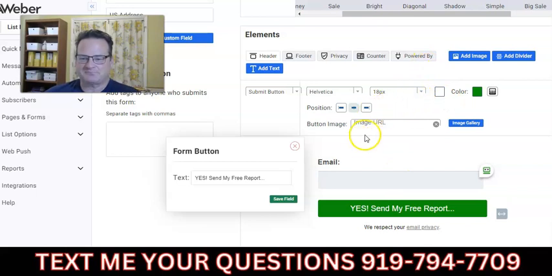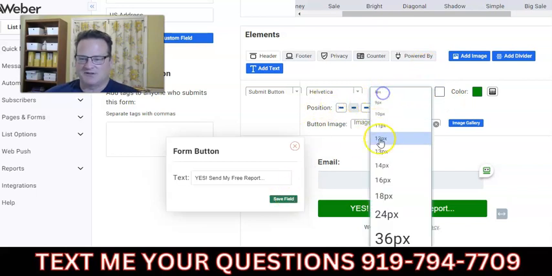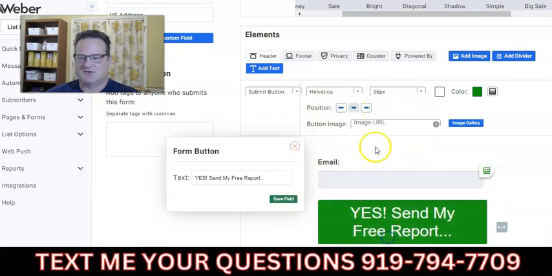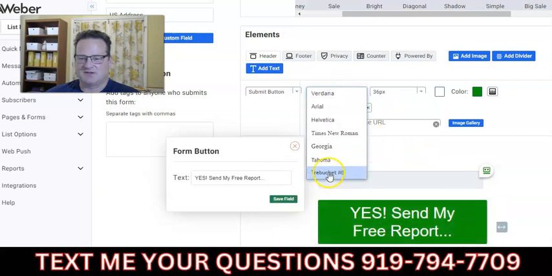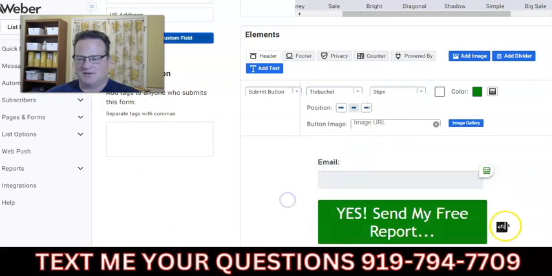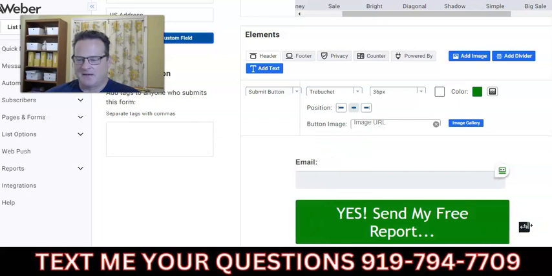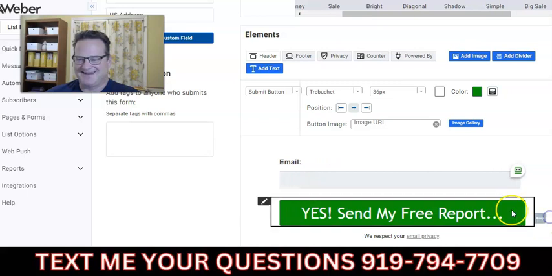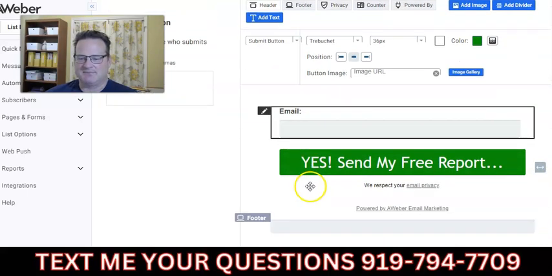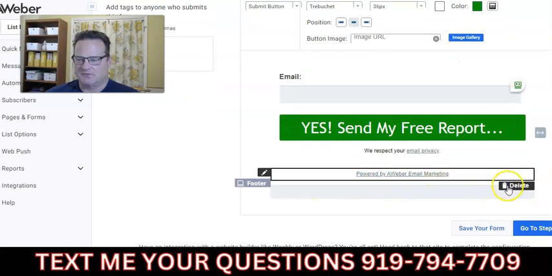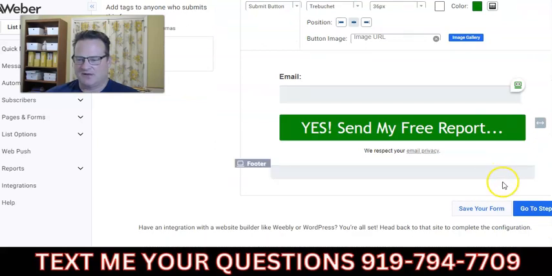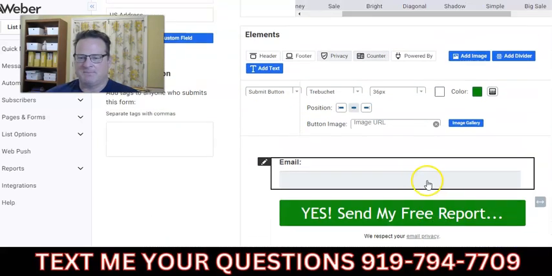And then I change the size of the text. I use 36, and then I change the font to this Trebuchet. And then I come down here, and on this arrow, if you just put your mouse over it and extend it, that'll make it as wide as it can be. I also do, I'm sorry, I should have deleted this, the powered by email, and I delete this footer. Okay. Now,